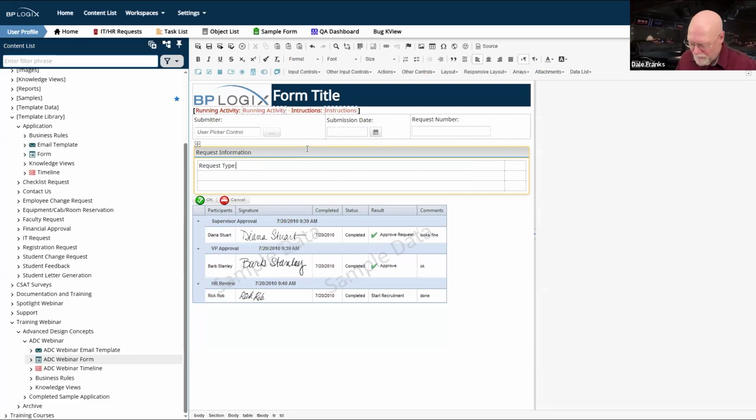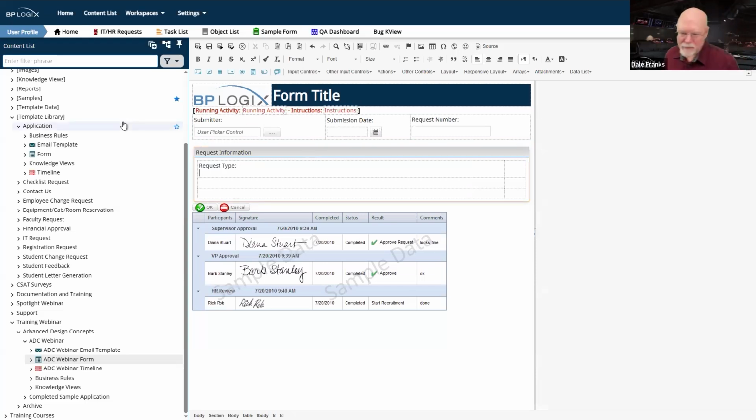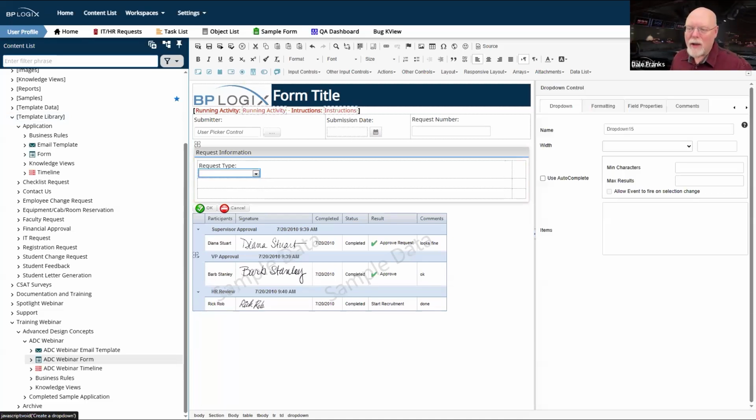So I'm done with the label, and I'm just going to go ahead and hit Shift and Enter to enter a new line without entering a paragraph mark. So I'm going to enter a new line, and now I am going to add a control. Now in this case, it's going to be a drop-down control. It's going to be my request type control, and it is going to open up a can of worms, which we'll have to get to next week because it's 11:48. But I'm going to throw my control on here, and I'm going to call it request type.